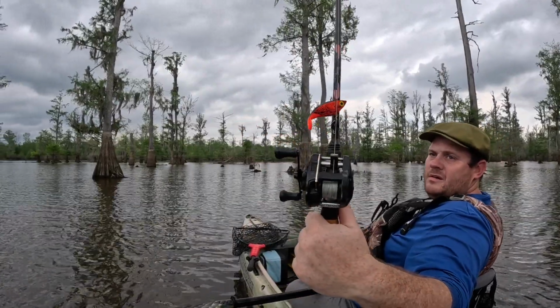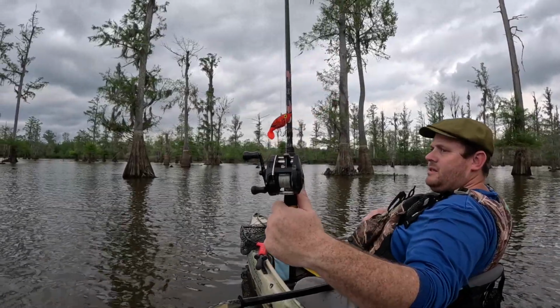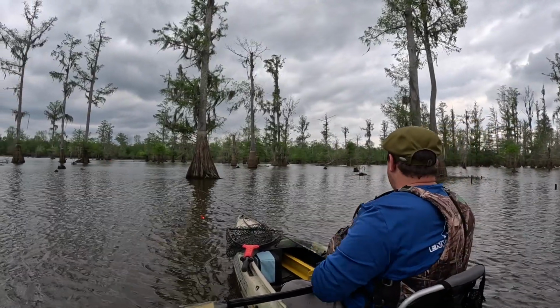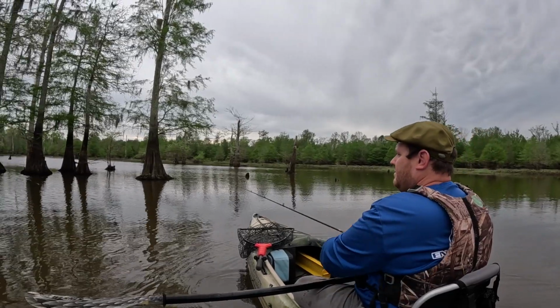Using the orange crawl colored Pogo Shad, gonna see what we can do. I'm thinking it's gonna imitate a crawfish. I'm gonna try to knock it around some of these trees and sticks. Looks like it, didn't